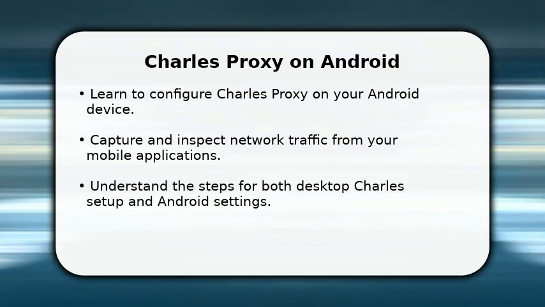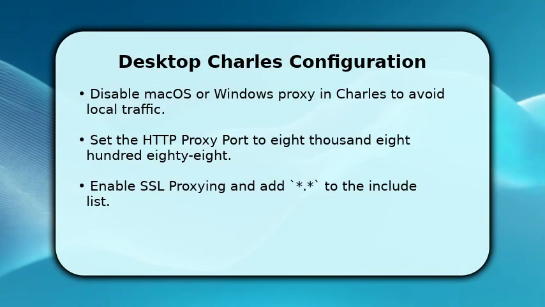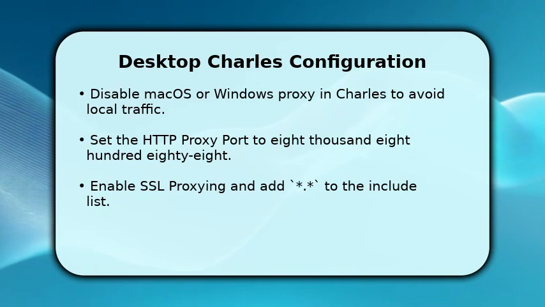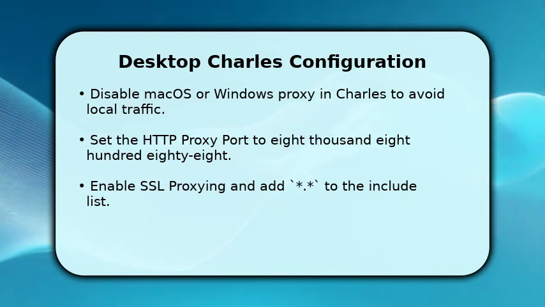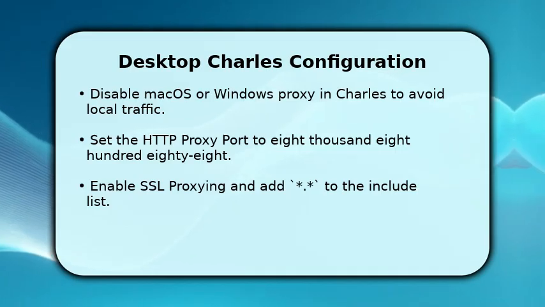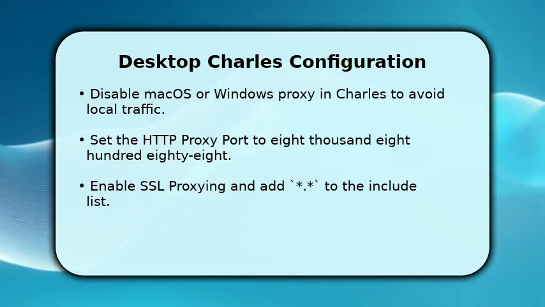Let's get started. First, let's prepare Charles on your desktop. Open Charles Proxy and navigate to the Proxy menu. It's a good idea to uncheck the Mac OS or Windows Proxy option to prevent Charles from capturing your computer's own traffic. Next, go to Proxy Settings, click the Proxies tab, and ensure the HTTP proxy port is set to